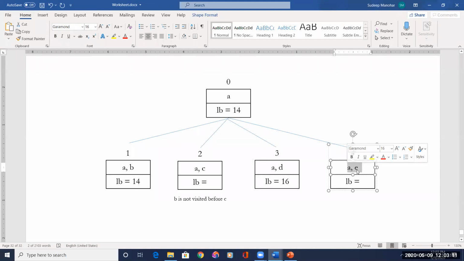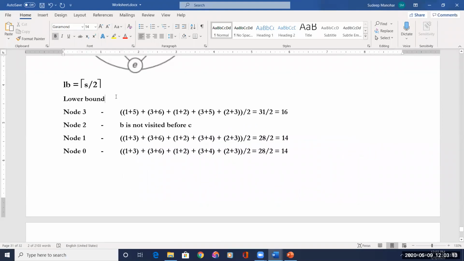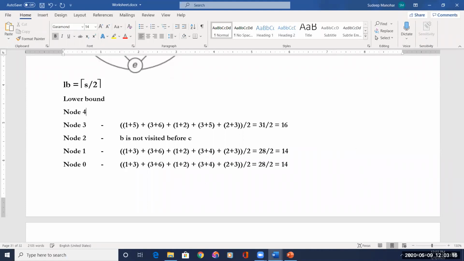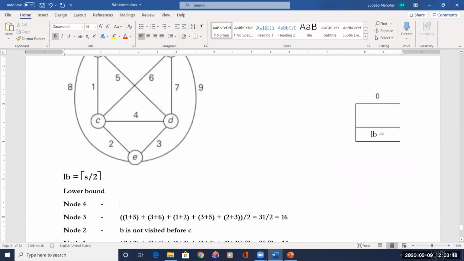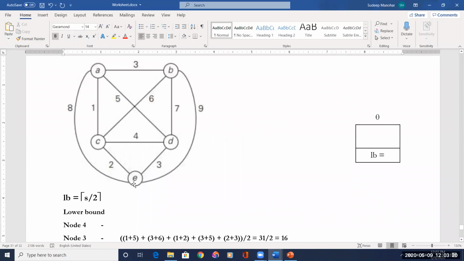You have to consider the edge A to E. AE you have to consider. Node number 4. Look at this AE. So this AE is a compulsion in the calculation. Observe, for which city does it affect? It affects A as well as E, and for the rest it doesn't affect. Okay, for A, which are the two minimum? 1 and 3 are the minimum, but we have to consider 8, it is compulsion. So it is 1 plus 8.